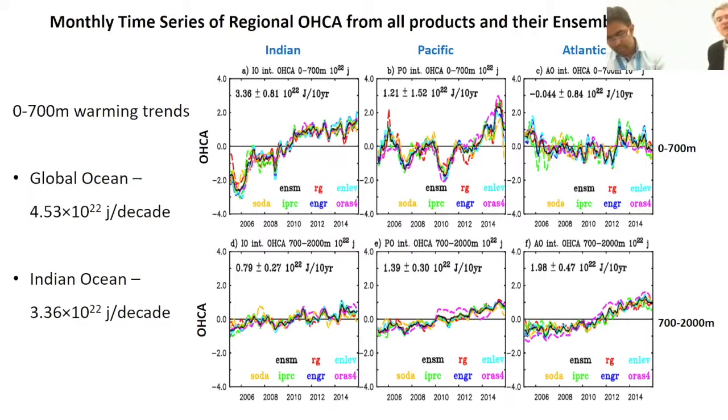So we did. So Katja, we did do a cross comparison of all the products, and some products are less satisfactory, if I can put it that way, and some are pretty consistent. And there were some anomalies in some of the products. Yeah, so we are getting some kind of outliers in like Orus. So you can get some kind of outliers of the Orus product, and mostly in the Atlantic and in the